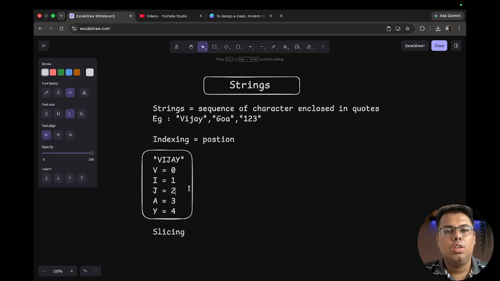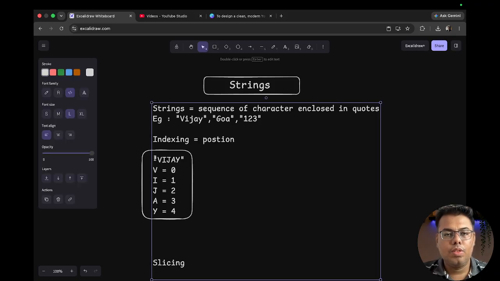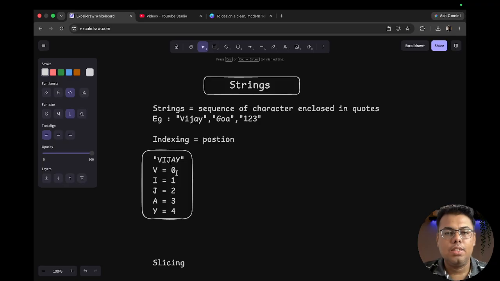Okay, so this is how the indexing is done. If I go further, this is positive indexing. Okay, this is called as positive indexing. And if we go to the negative indexing,